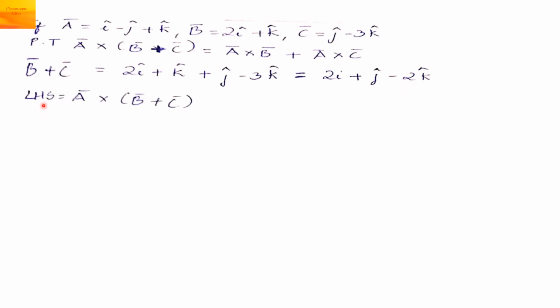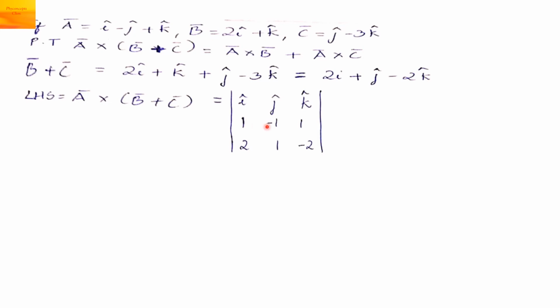If A bar is equal to i cap minus j cap plus k cap, B bar is 2i cap plus k cap, C bar is equal to j cap minus 3k cap, prove that A bar cross B bar plus C bar is equal to A bar cross B bar plus A bar cross C bar. So first you find B bar plus C bar for the LHS, left hand side. So 2i cap plus k cap plus j cap minus 3k cap is 2i cap plus j cap minus 2k cap. So we will write down the LHS,